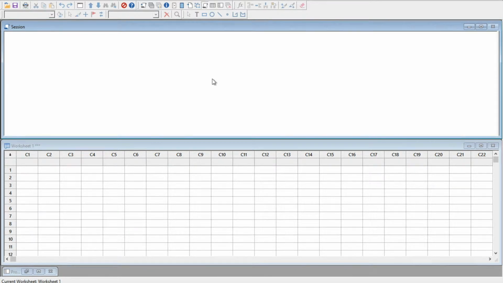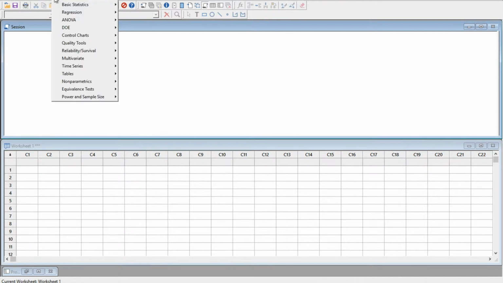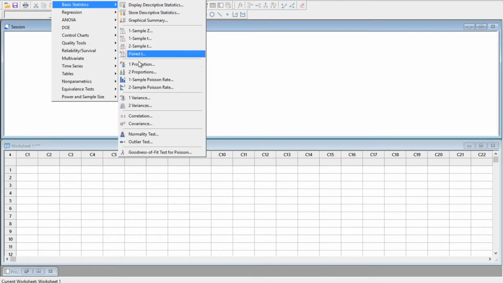This is a tutorial on how to do a hypothesis test for proportion in Minitab. Now, in this example, we'd be using the data from the previous page of the packet, and in my edition of the packet, that is page 171, but that might be slightly different if you're using a different edition of the packet. So the first thing we need to do is click on Stat, Basic Statistics, and then One Sample